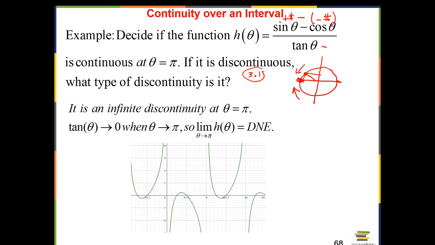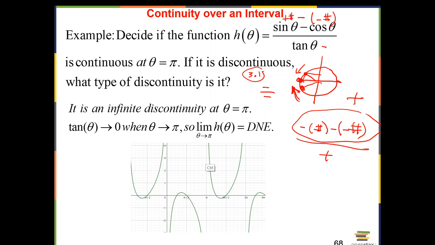Now to the right of pi, when we come this way, sine is a negative number, so in the numerator we're going to have a small negative number, and then minus cosine, which still is negative but a bigger negative number, right? Because close to pi, sine is smaller than cosine in absolute value. So it would be a small negative number plus a bigger positive number, so it would be positive. Again, the sign is determined by the tangent, by the denominator. But over here, sine and cosine are negative, so negative over negative would be positive. So tangent is positive, and this would be a positive number over a positive number,